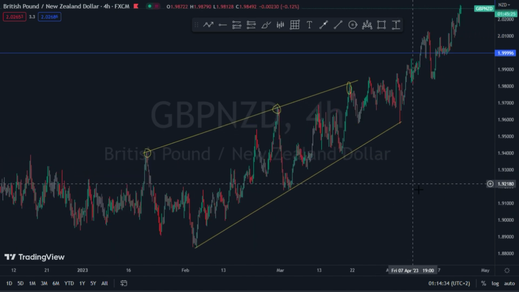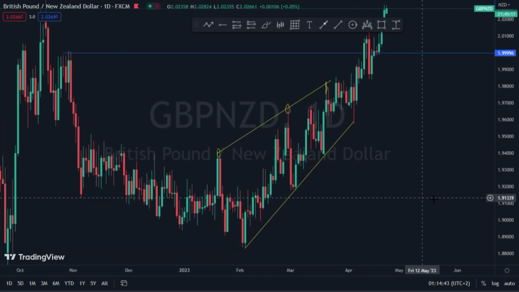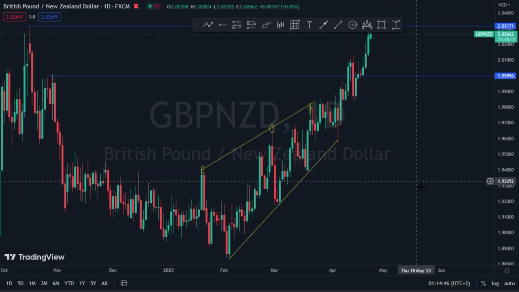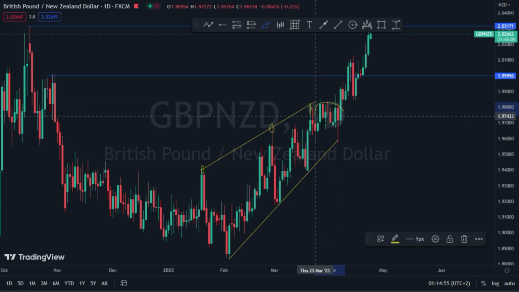But if we go back onto the daily time frame, I wanted to re-enter the market, but as soon as the market gave us something like these movements right here,